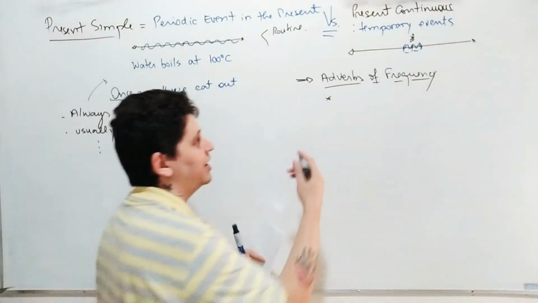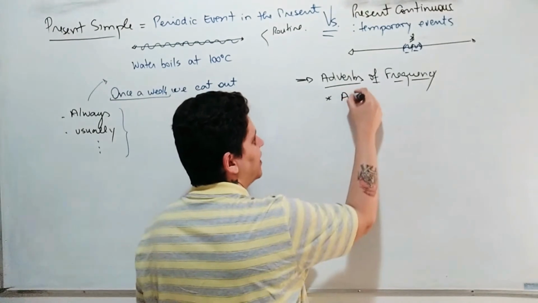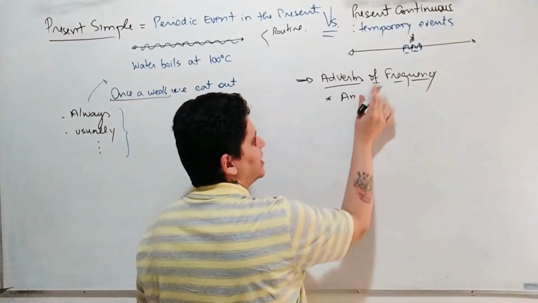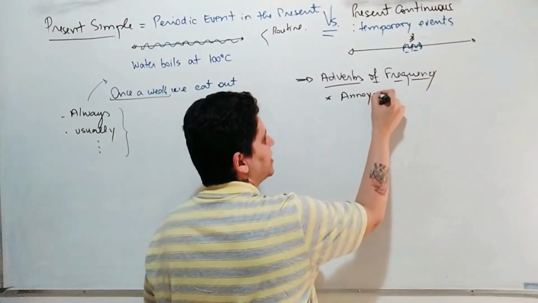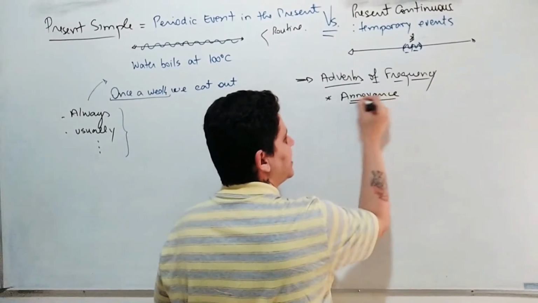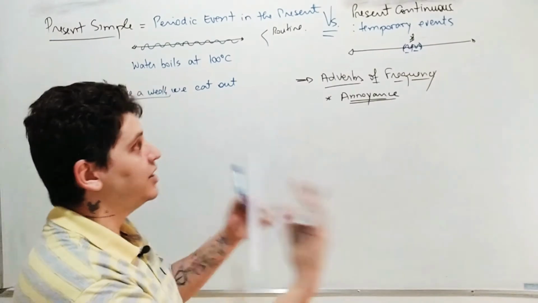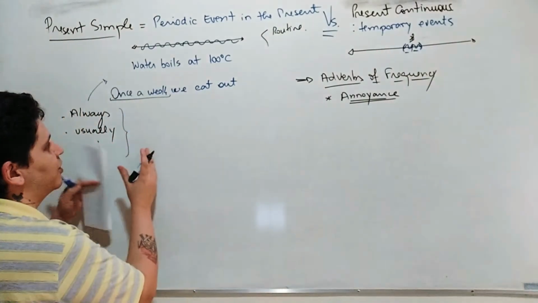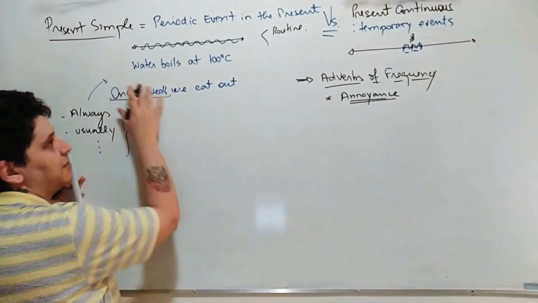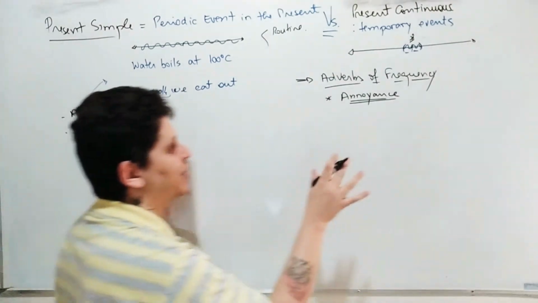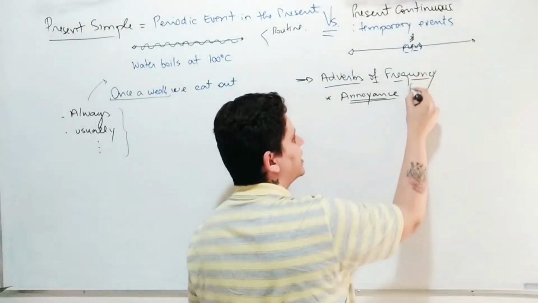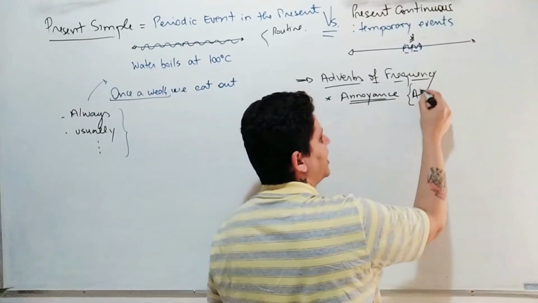No. Rather, you are describing some kind of annoyance. You are annoyed by something. You don't like something happening. So you make a metaphorical speech and you use a structure that originally belongs to present simple here. But this will happen with some particular adverbs. For example, always,